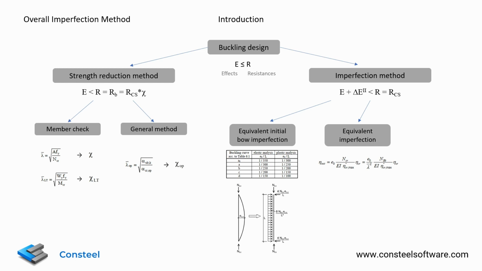The third and new option within this category is the overall imperfection method. This method aims to more precisely consider all kinds of stability phenomena and to be applicable to a wider range of structural properties, namely non-uniform internal force distribution, eccentric loading, varying cross-section size, and arbitrary boundary conditions. The overall imperfection method uses a buckling shape as an imperfection, scaled in a way that its effect is the same as if we were using the strength reduction method.